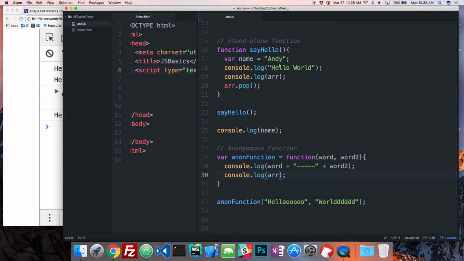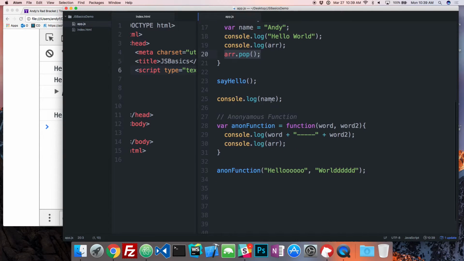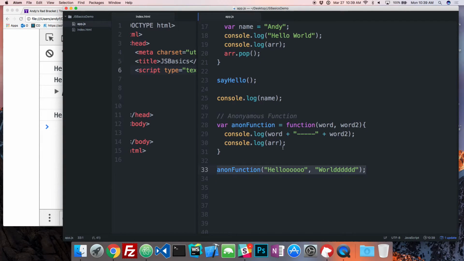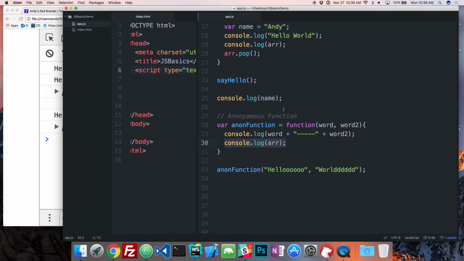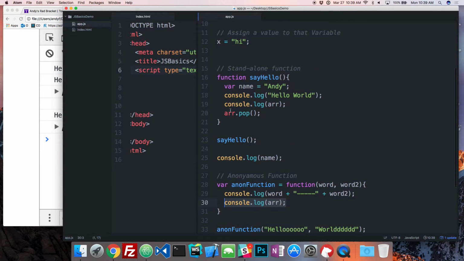So I'm going to call this function first, right here. It's going to do this to the global variable, and then I'm going to call this function here, and then we're going to see what the changes are to that global variable, right? So if we look at that, there we go. See, we popped it. And now for everybody else, that variable is now minus one thing. So it can be very dangerous if you have global variables and you accidentally access them within your functions, because then it'll affect all the other functions that look at that same thing. Okay.